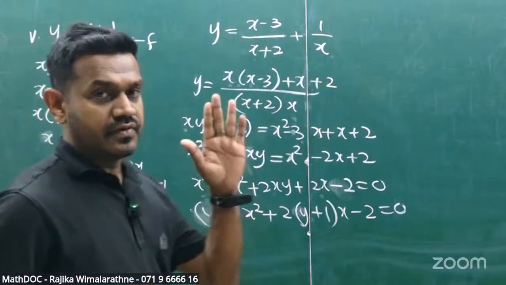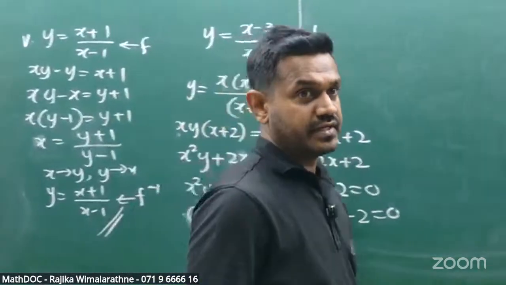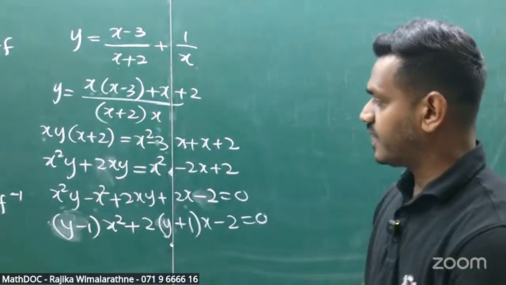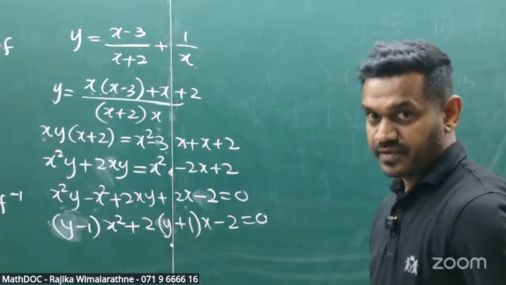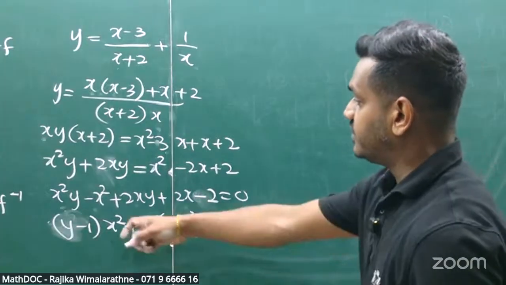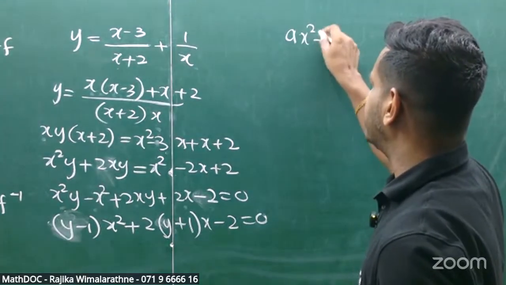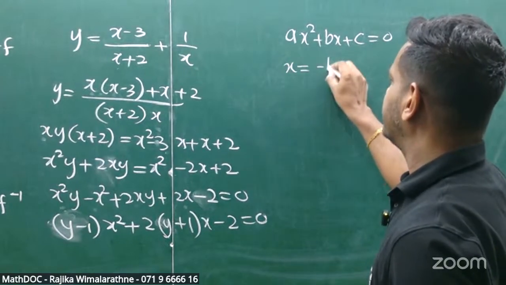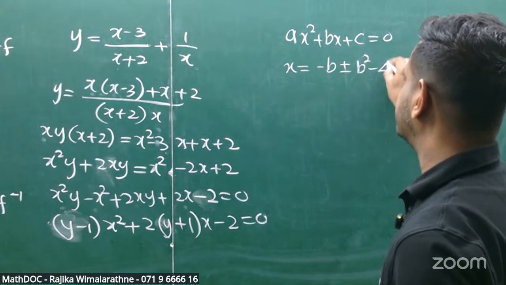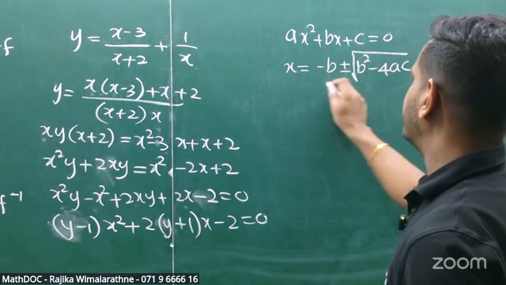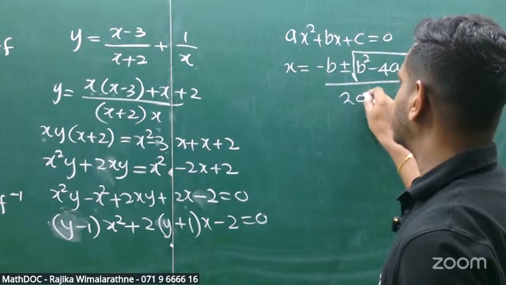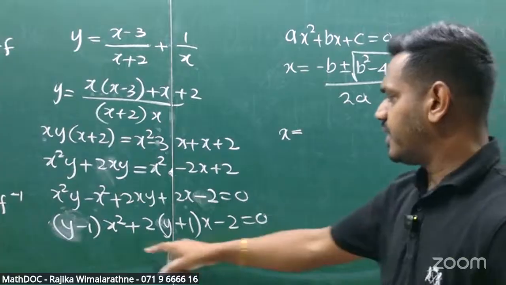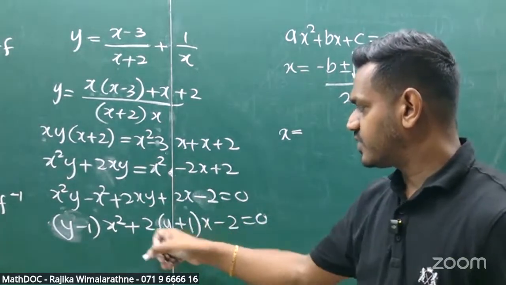Okay, now let's move further. Further we have to simplify this one, okay? Now see, in this case, complete square method. So when you subject x in ax squared plus bx plus c equals 0, x equals minus b plus or minus square root of b squared minus 4ac, divided by 2a. You take this formula, then here subject x, minus b, where the x coefficient is the b value,